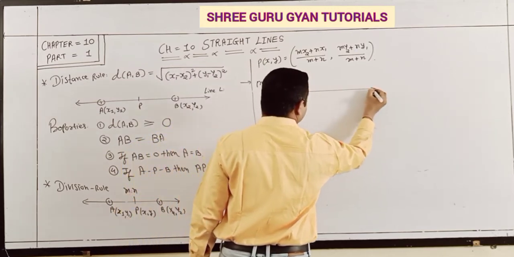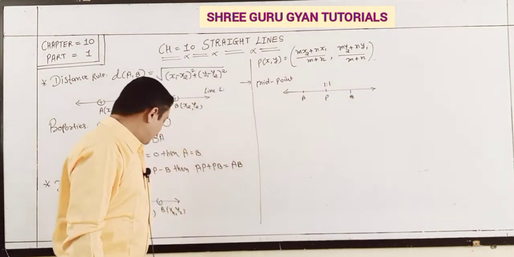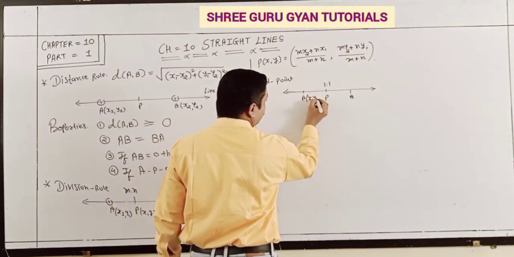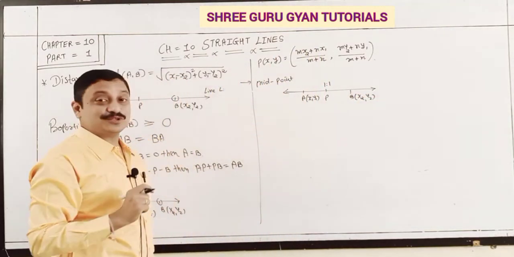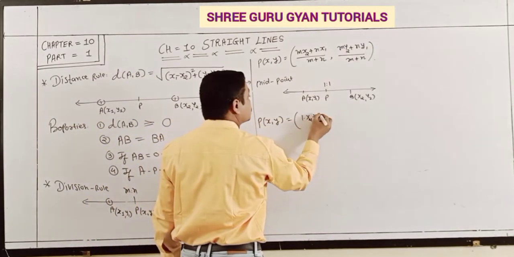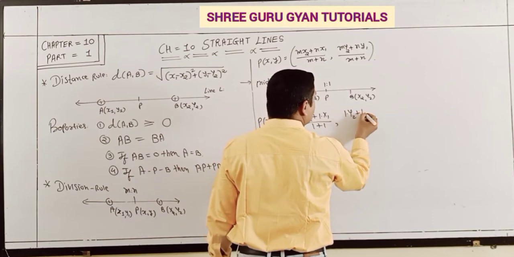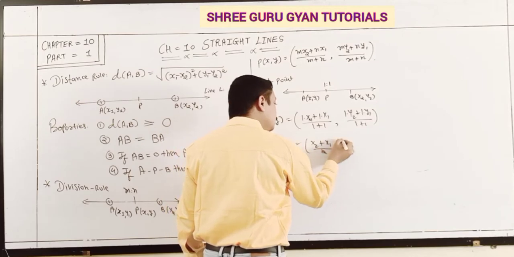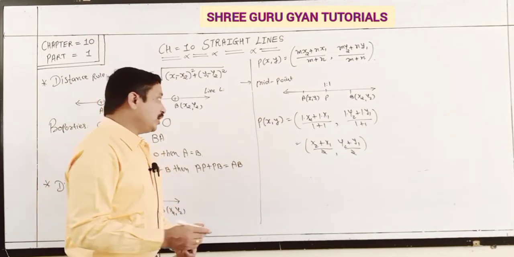Midpoint means, students, the ratio is just 1 to 1. If you put m and n as 1 to 1, with A as x1, y1 and B as x2, y2, the value of P is derived by putting m and n as 1. So P (x, y), your midpoint, is (1 x2 plus 1 x1) by (1 plus 1), same for (1 y2 plus 1 y1) by (1 plus 1). In short, (x2 plus x1) by 2, (y2 plus y1) by 2. That's your midpoint. If you go further to trisection